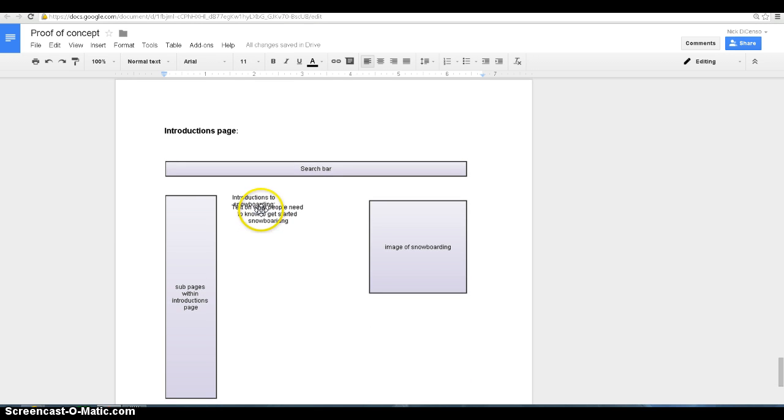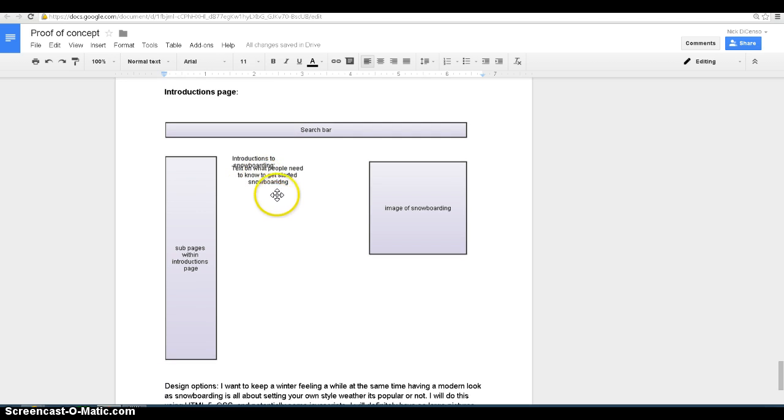So my introduction pages will be one of the subpages. They'll all be set up pretty similarly. The text got a little messed up here, importing from Gliffy, so just excuse that. So introductions to snowboarding would be the article idea here, and then what people need to know to get starting with their snowboarding would be part of the introductions, and all the paragraphs would be basically broken down like that if I want to add a new one at any time or anything like that.